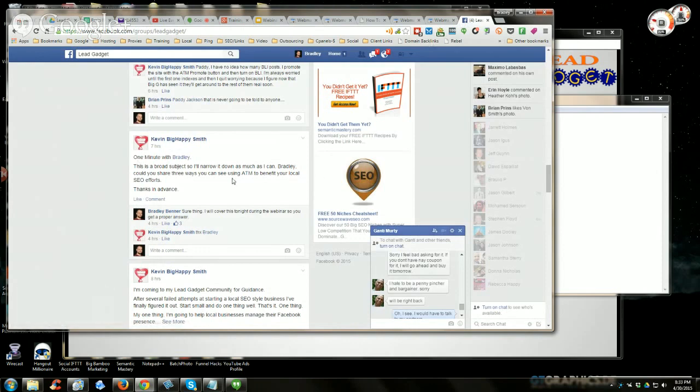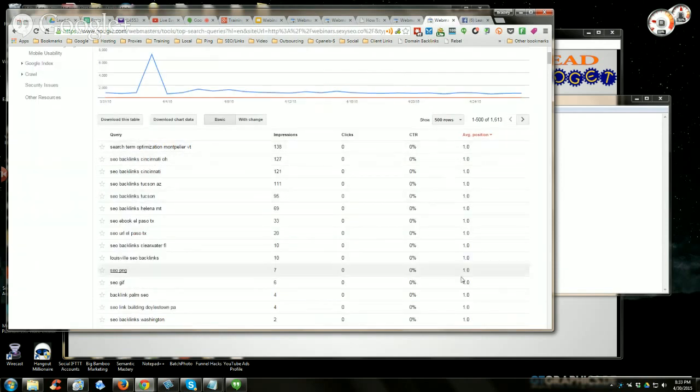The last way to benefit local SEO efforts for the Lead Gadget sites is just generate leads. That's the thing. The last way that I would do it, I haven't been doing this yet because I've still got a lot of really immature sites, in other words, sites that don't have a lot of age. When you find these pages or posts that you've ranked for, if you're doing lead gen especially, you can go in and change the SEO title